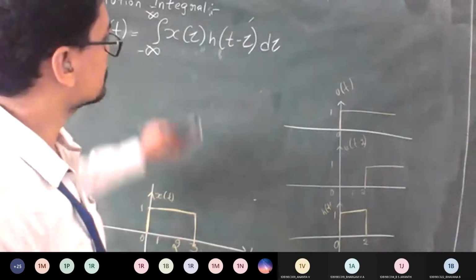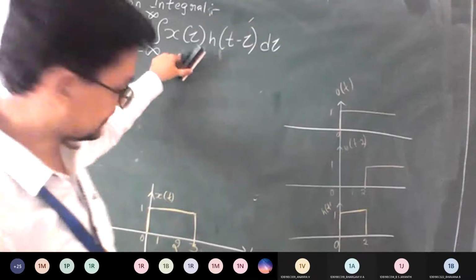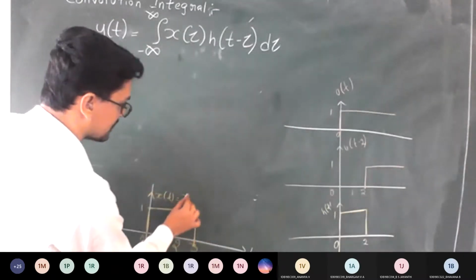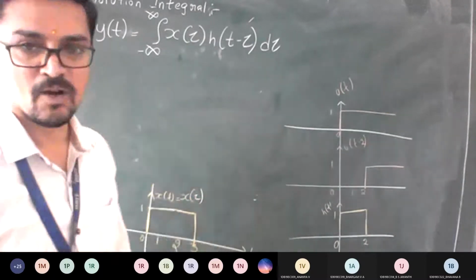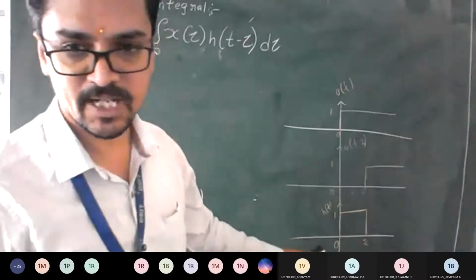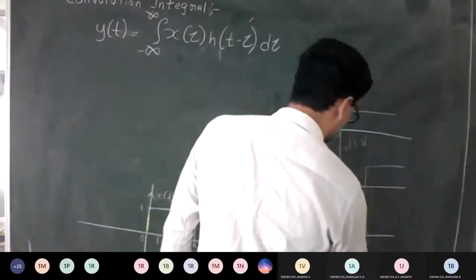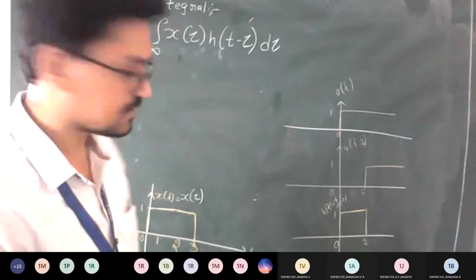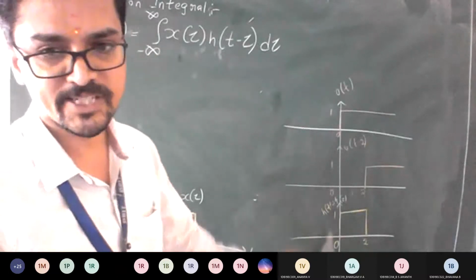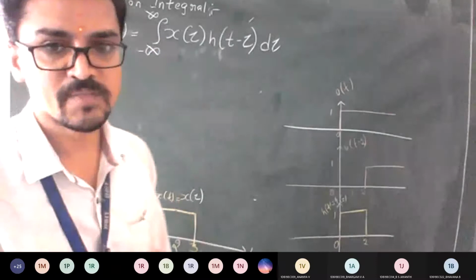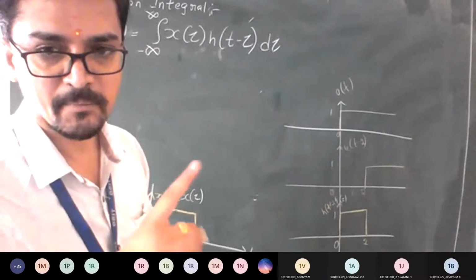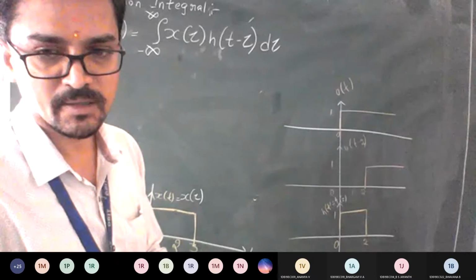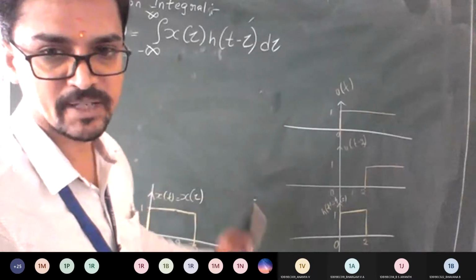Okay. So from this we know that x of tau is nothing but x of t. Whatever sketch you have done for x of t, that itself you can call x of tau. Similarly, whatever you have plotted for the response h of t, I can designate as h of tau. So we have a clear idea that I have x of tau with me and h of tau with me. But look at the formula. What is the meaning of convolution? Convolution means multiplication or mixing of two signals. So I need to check at what condition I can mix my response with respect to my input.